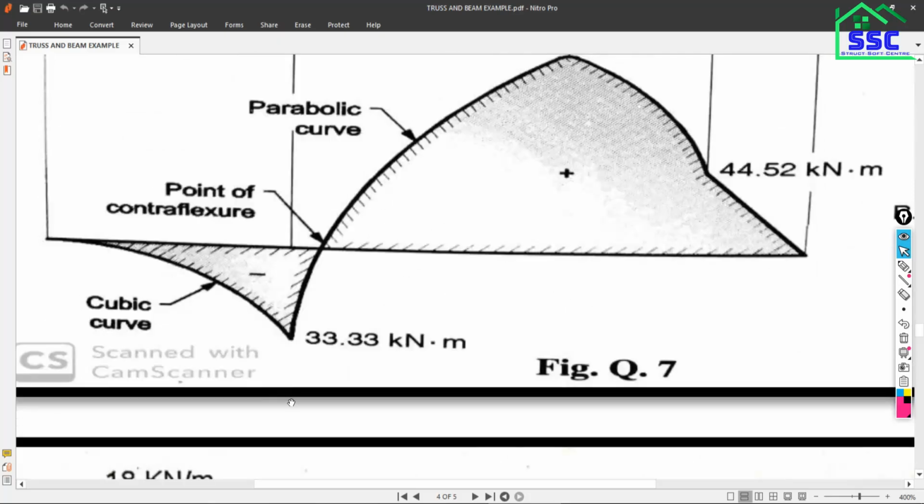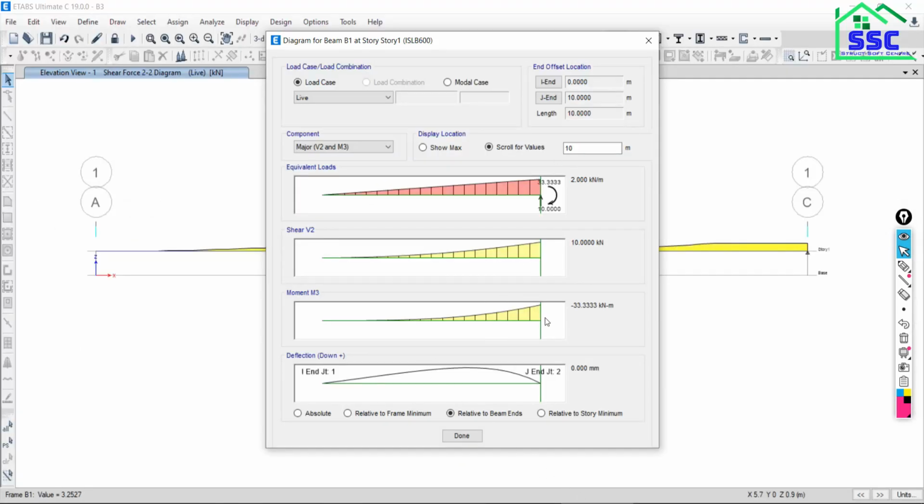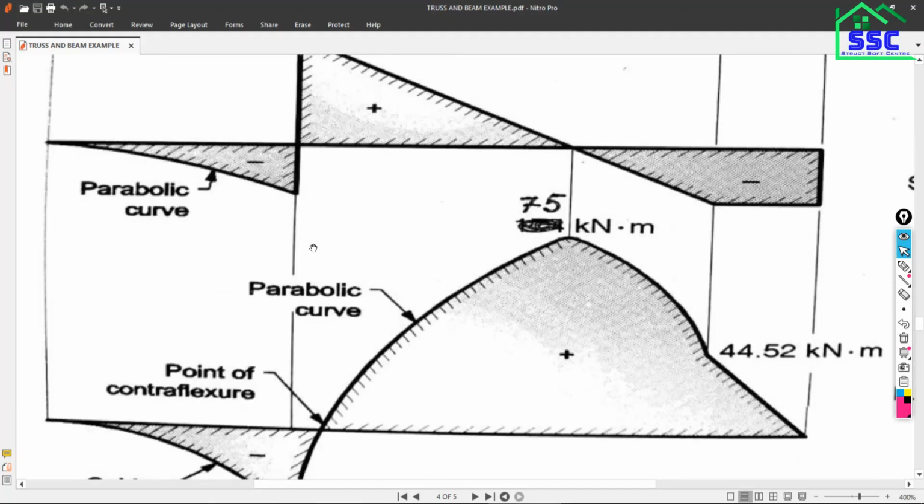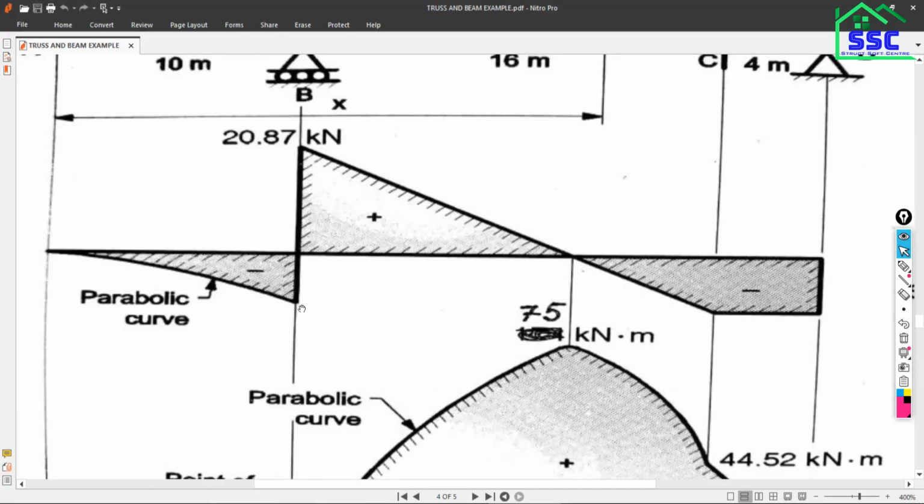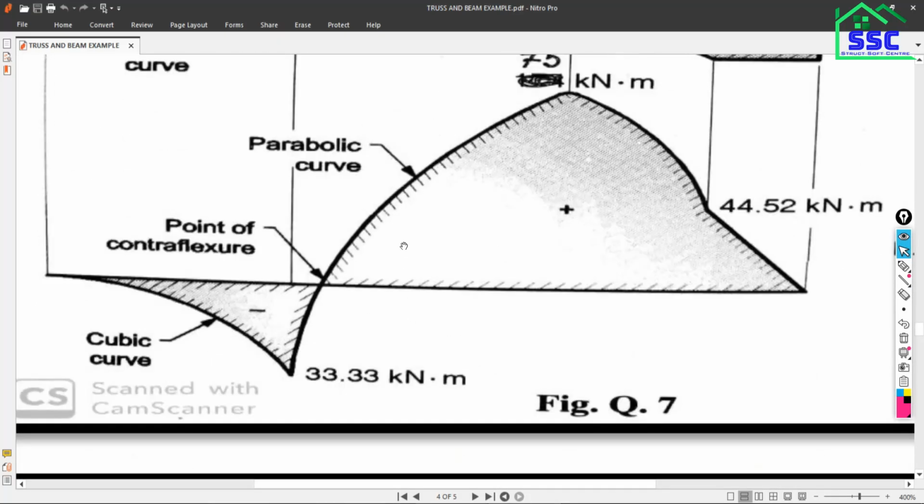Okay, look for the moment. How much moment is there? 33.33. So the moment we are getting here is 33.3. Is it correct? Correct, sir. Okay. And shear force is actually not given here at the bottom side, but obviously it will be 10. Okay. So we will verify the moment.